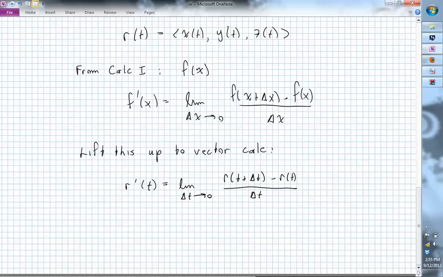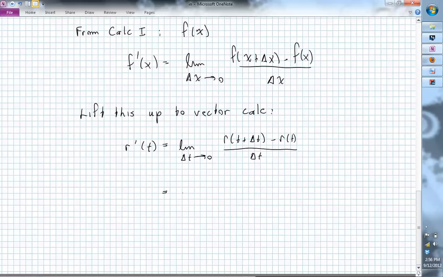So that's what's going on in the numerator, and after I subtract these 2 vectors, what's sitting up in the numerator is another vector. Down in the basement, I'm dividing by a scalar delta t. Still a scalar, just sitting down there. How do I divide a vector by a scalar? By the components, right? So what this really means is delta t into the first coordinate, delta t into the second, delta t into the third. So secretly, what's going on is